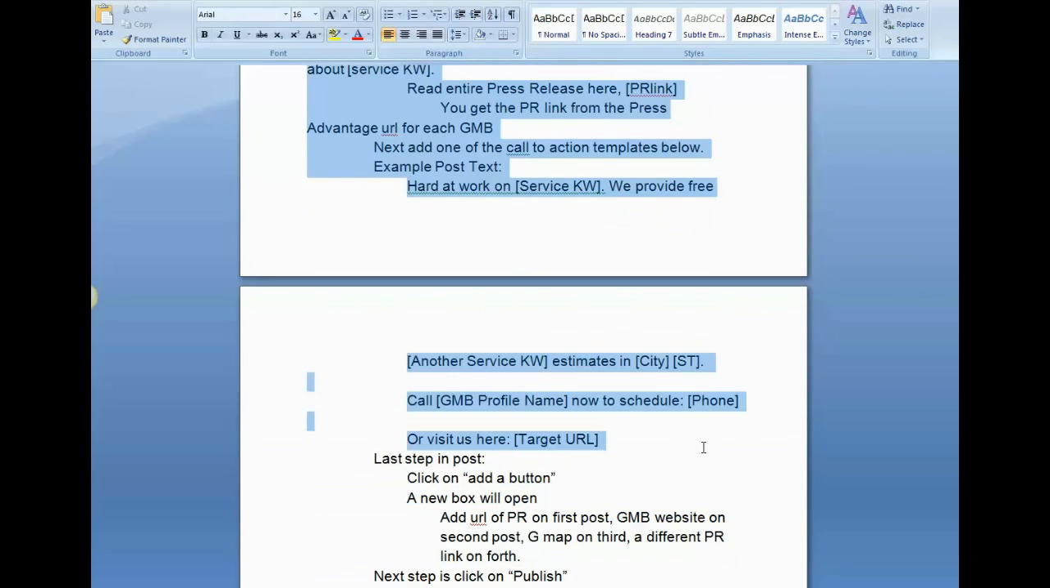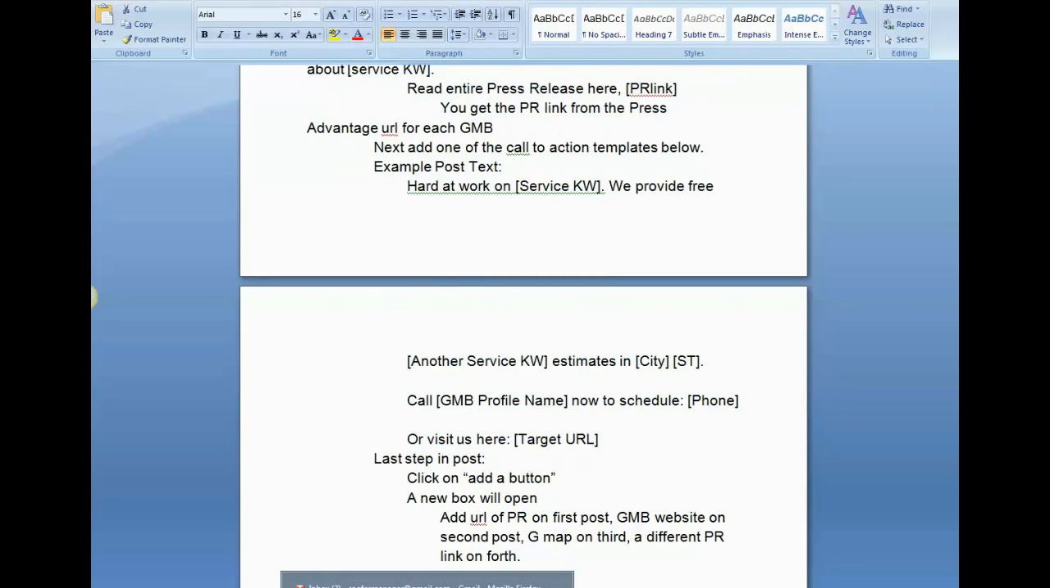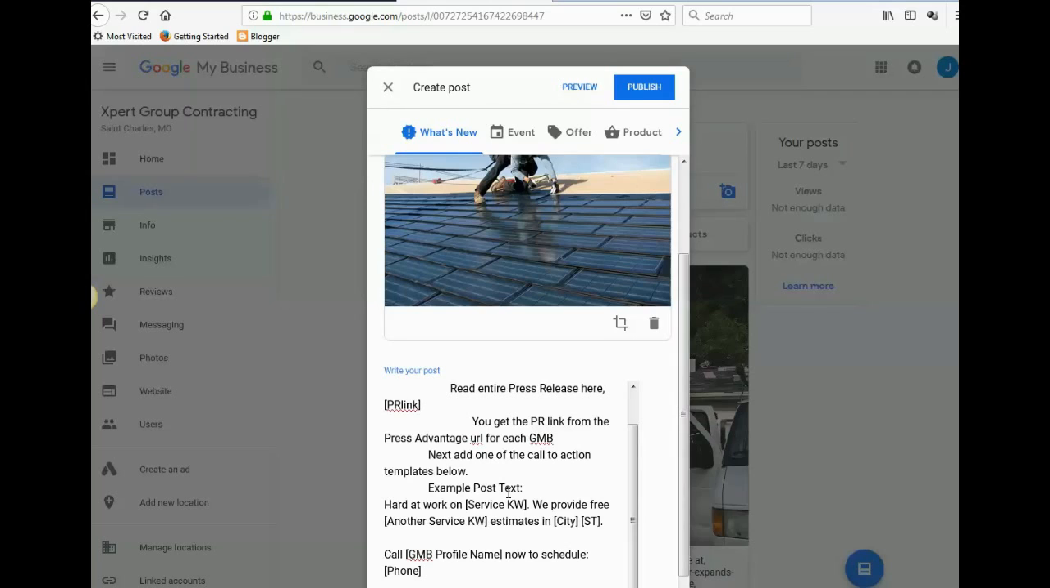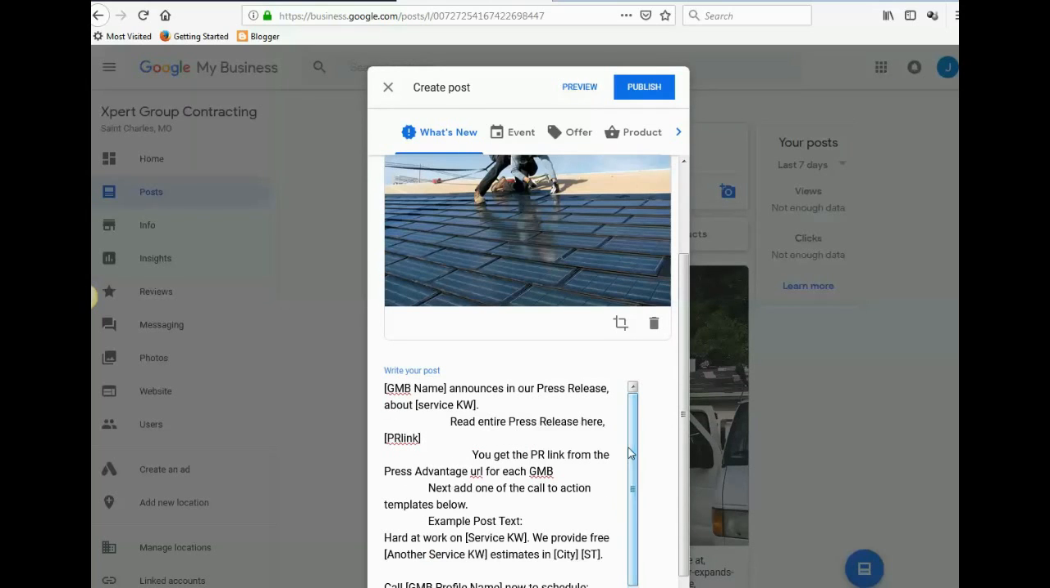Okay, right there. So copy this whole template, go back over to the GMB, and right click and paste inside here. Now what we're going to do is go back up here, and we want to exchange out what the GMB name is. So we would go to the